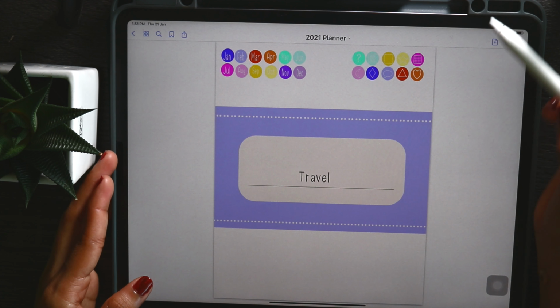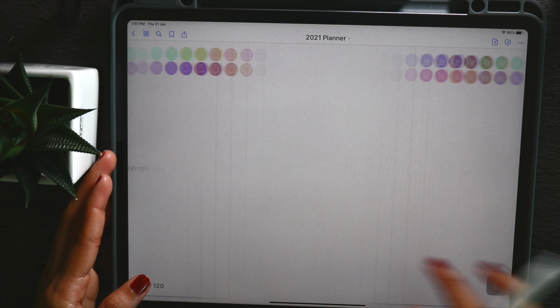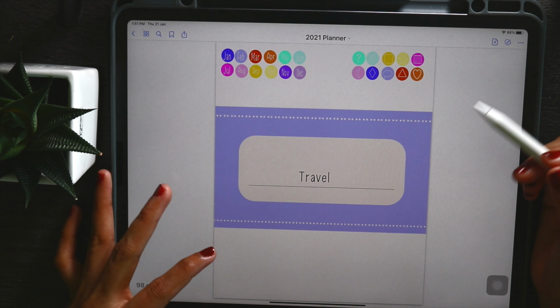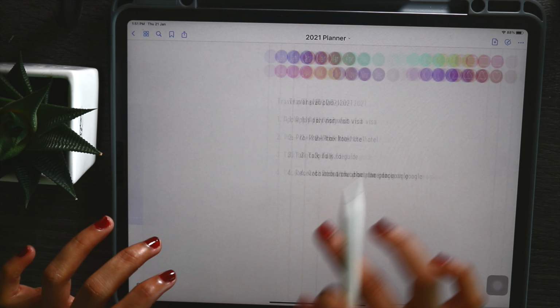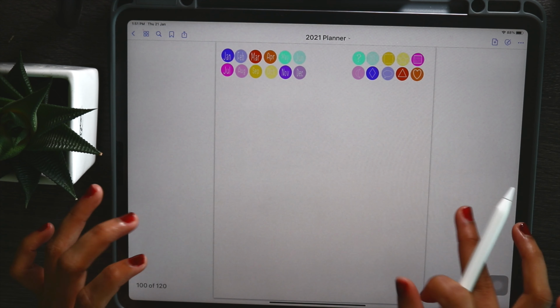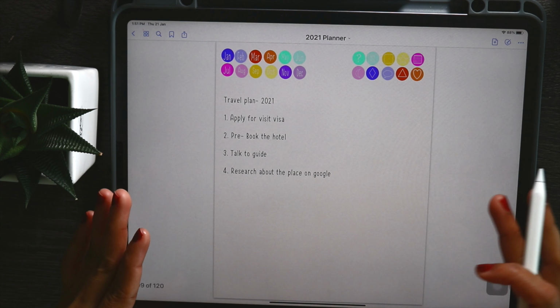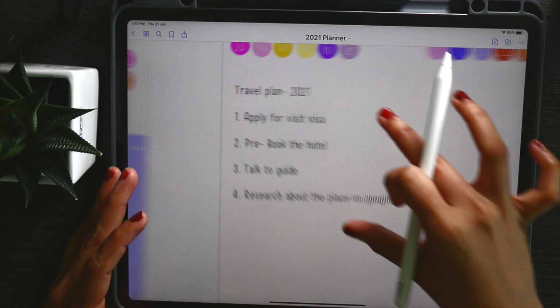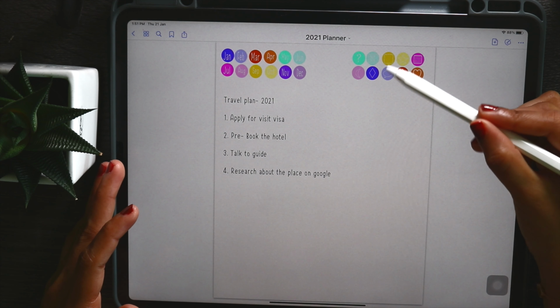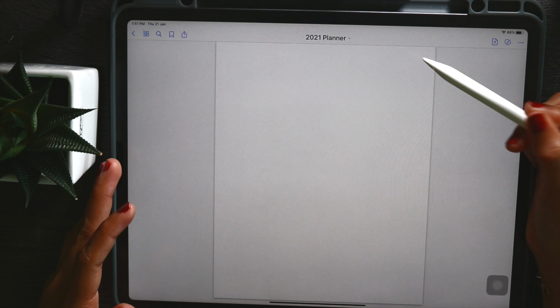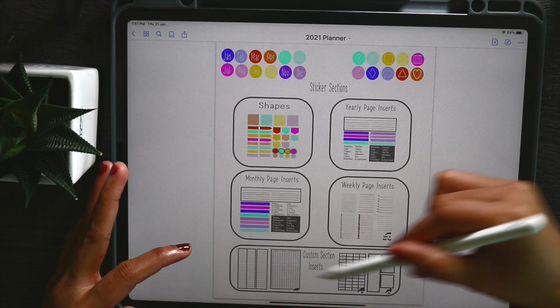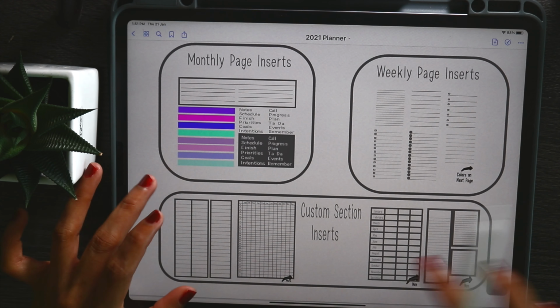You may also want to use the custom sections. What you can do with those is tap on one of them, and that will be the cover of that section. So you can write something here, let's say travel, to remind you what that section is all about. Then the pages after that are just blank pages, and you can put whatever you want on those pages.